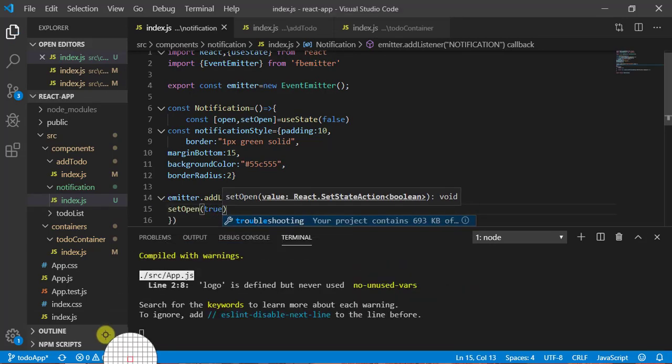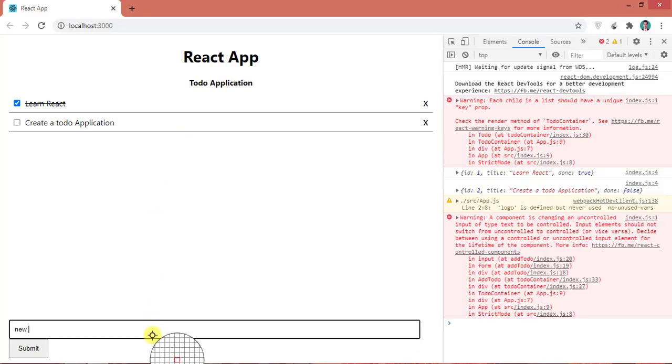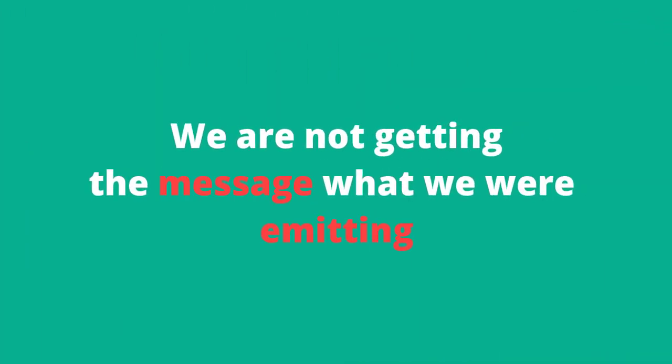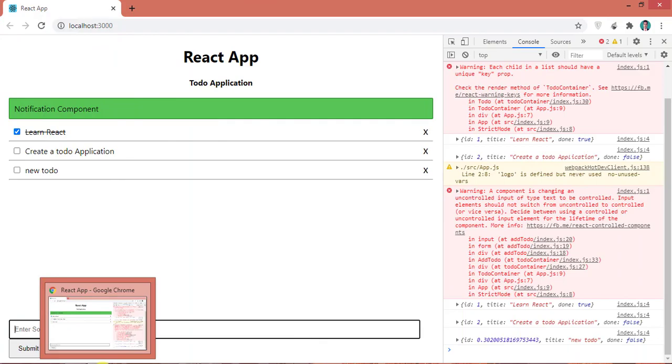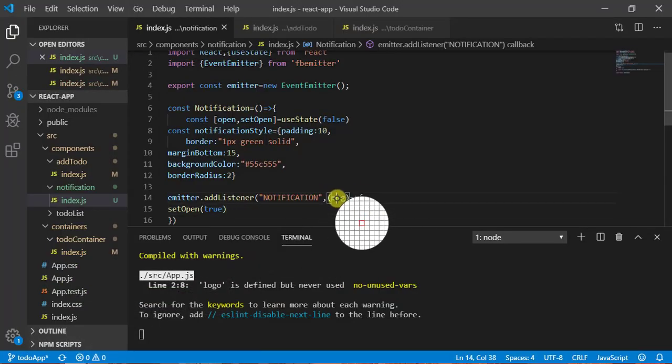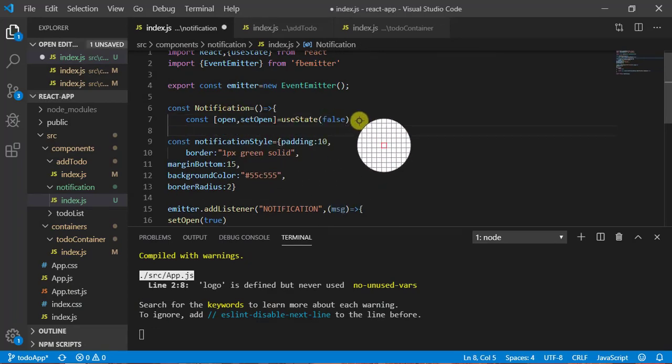Now let's have a look here. Once we add a new todo here, I got this notification, the notification component. Now what we have to do is show the message. We are getting the message in msg, so let's maintain a state for message as well.